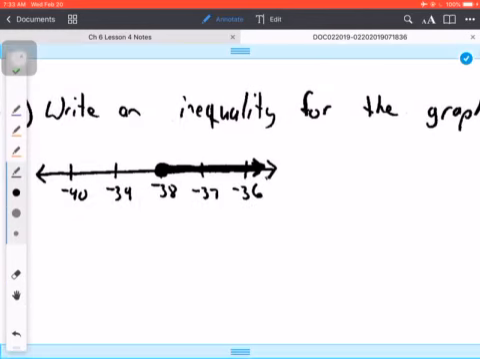Alright, last example here. It says write an inequality for the graph. So let's say x and -38, because that's where our graph starts, right here. Now it's a closed dot, so I'm going to draw a line because it's going to be either greater than or equal to or less than or equal to. We are moving in the right direction, which means